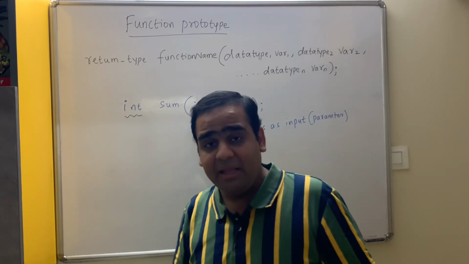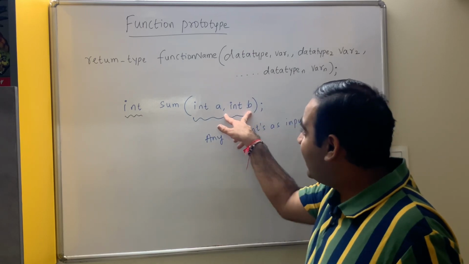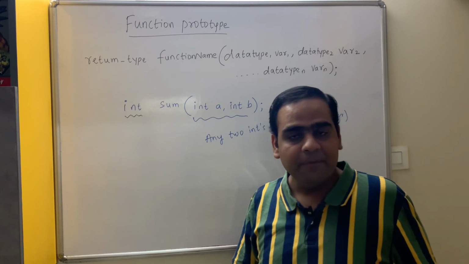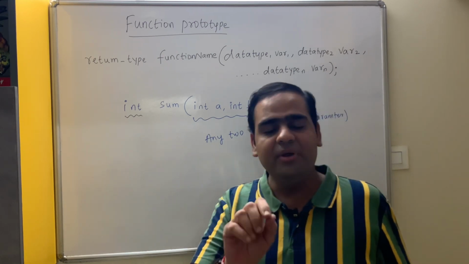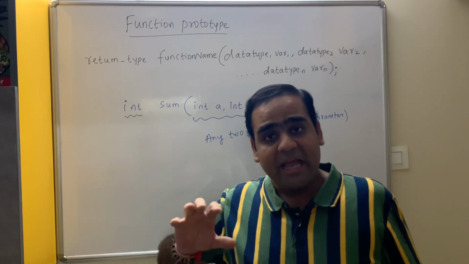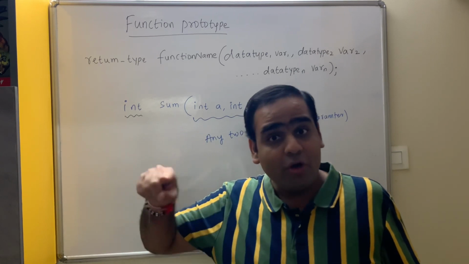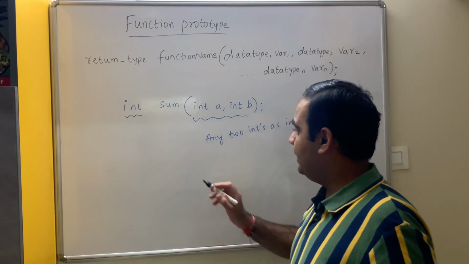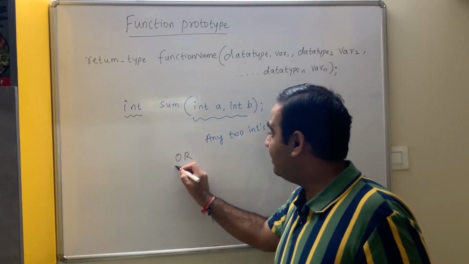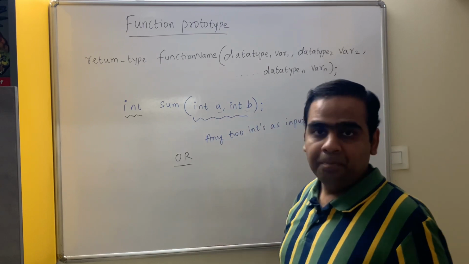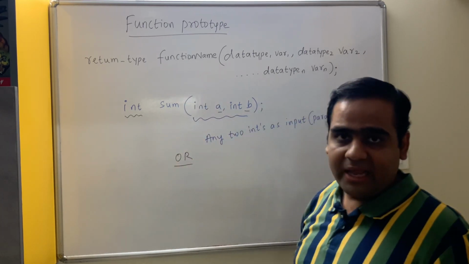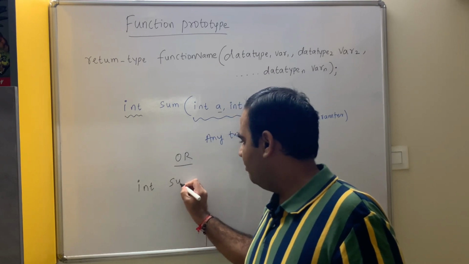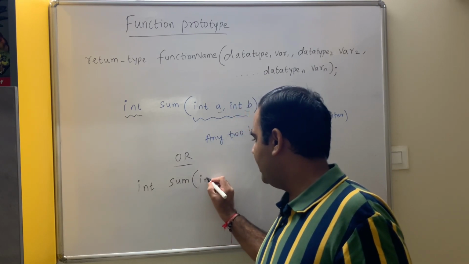Now what does it mean? Does it take only A and B as input? No. It can be any 2 integers. It can be C and D, where C is some integer, D is some integer. It can be 4 and 5. It can be 4 and X, where X is some integer. Now in function prototype, you can skip the parameter names. That means the same prototype, I can write it as int sum (int, int);